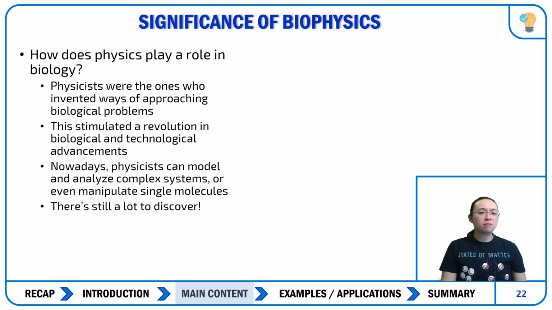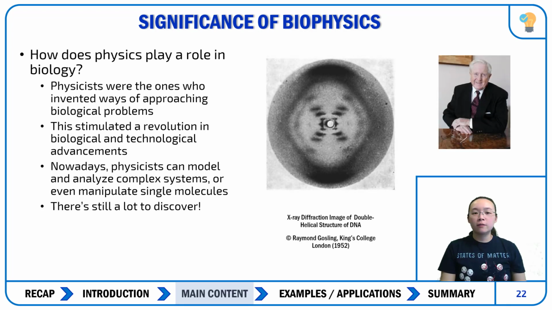So, wait, his picture has disappeared. There is his picture. Raymond Gosling passed away in, I believe, 2015, so just a few years ago. But he was the PhD student who took the first image of the DNA double helix. It's called Photo 51, for the 51st X-ray diffraction image that was taken by himself and his PhD supervisor, Rosalind Franklin. Unfortunately, Rosalind Franklin wanted to focus on a different form of DNA a little bit more, so she kind of wrote this off for a bit and then asked him to give the image to his old supervisor,